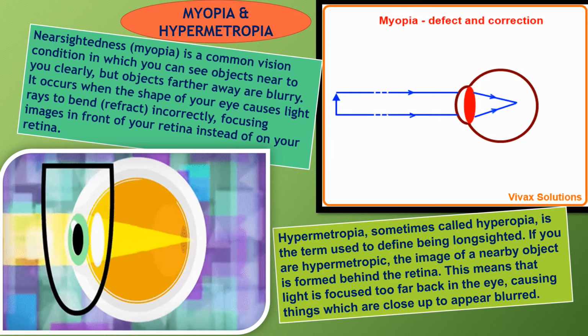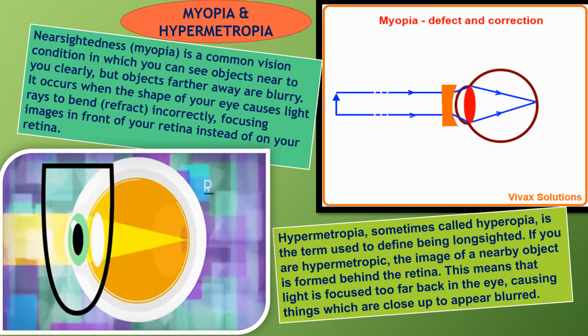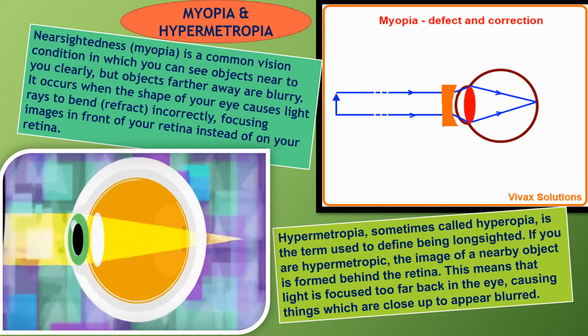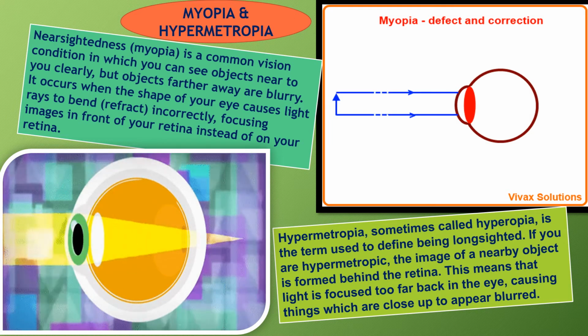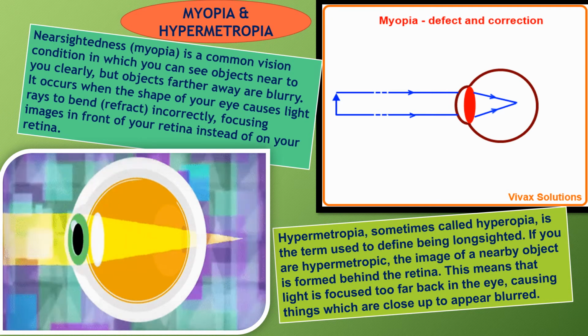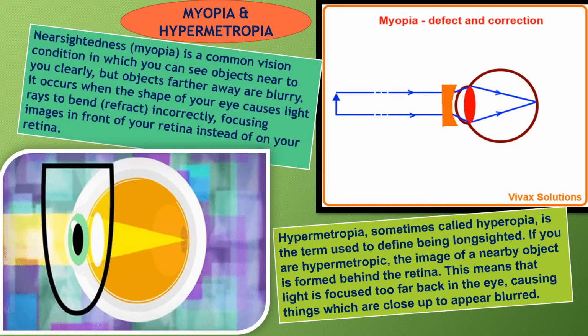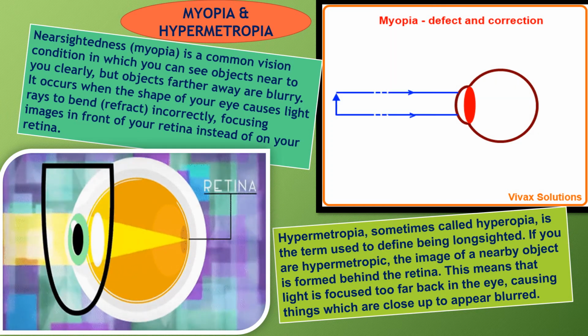In the diagram, it has been clearly shown that the image is forming beyond the retina, but after using a lens, the image is forming on the retina. So this defect is called hypermetropia. In hypermetropia, the person can see distant objects but is unable to see near objects clearly. When the eyeball is shorter than normal, this type of defect is developed.